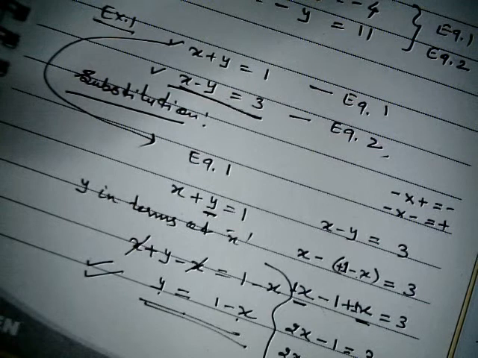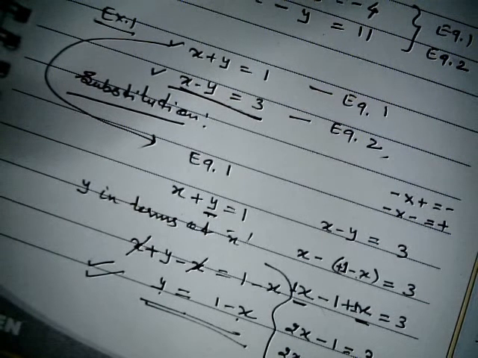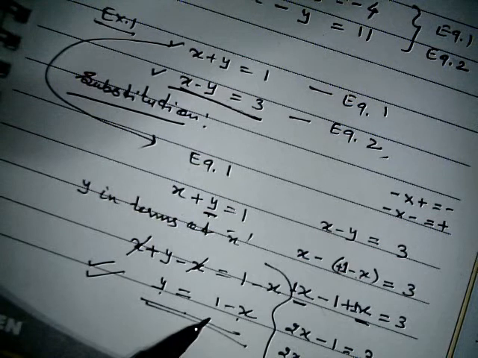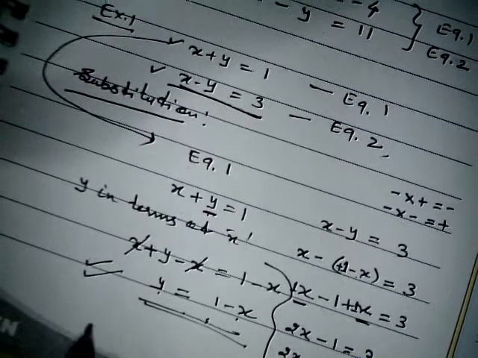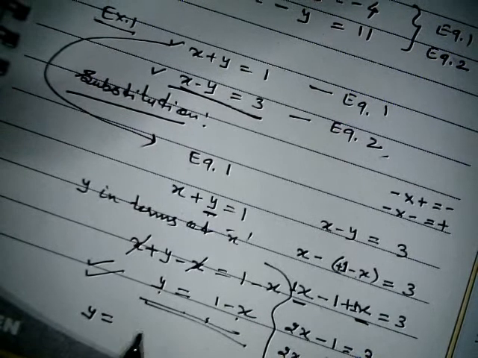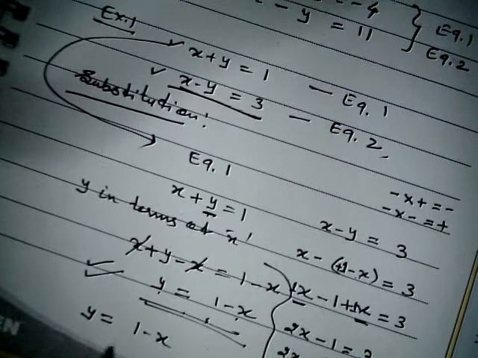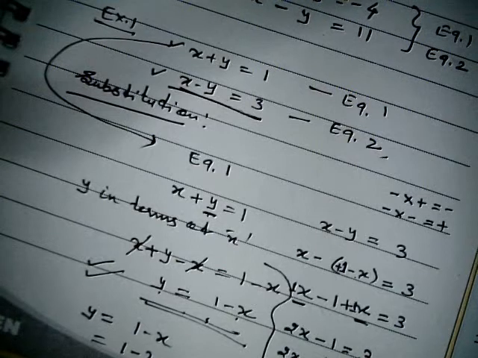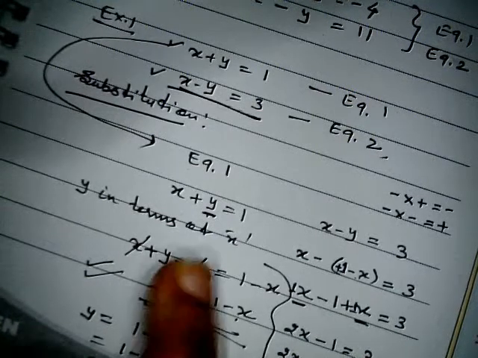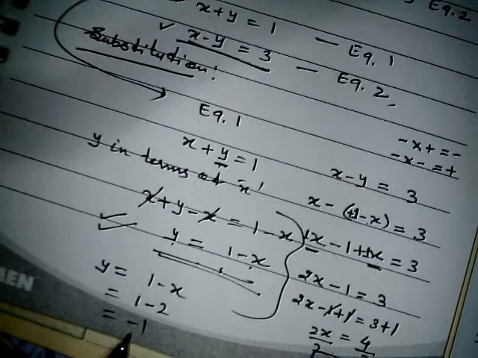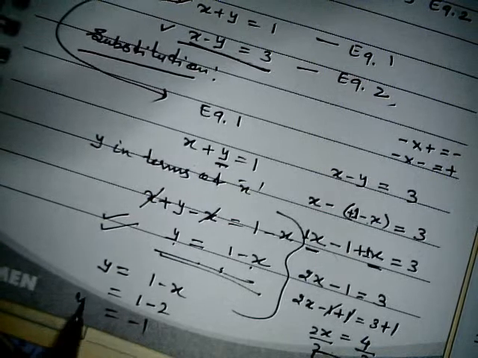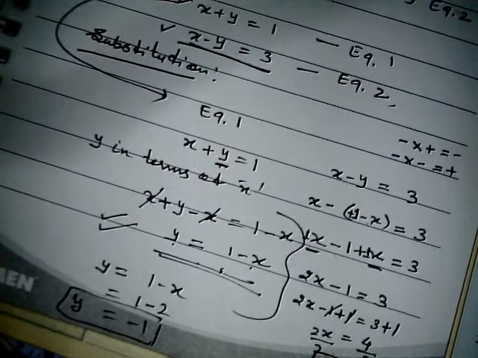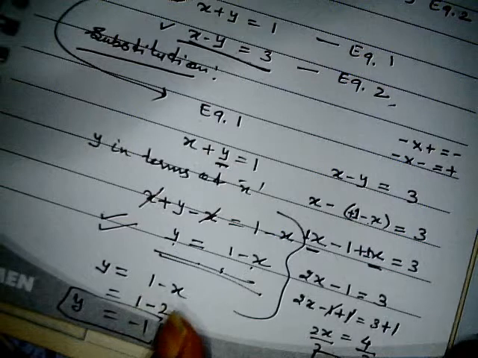Okay, so I will write this relation one more time and plug in this x value over here. So 1 minus 2 is going to be negative. What is the value of y I got? Y value is negative 1. Y value is negative 1 and x value is 2. So the solution set for this pair of equations is x comma y, where the x value is 2 and the y value is -1.